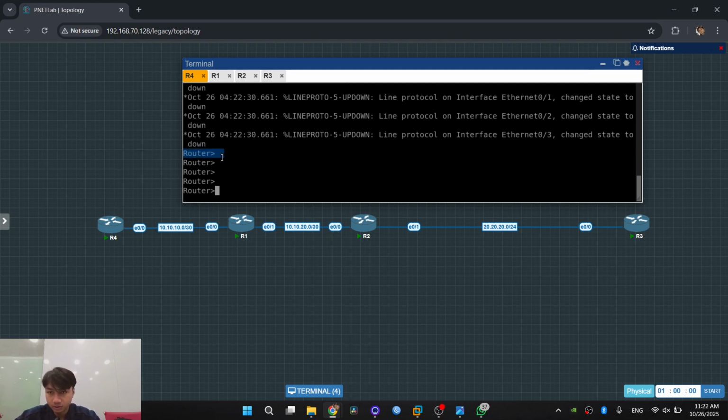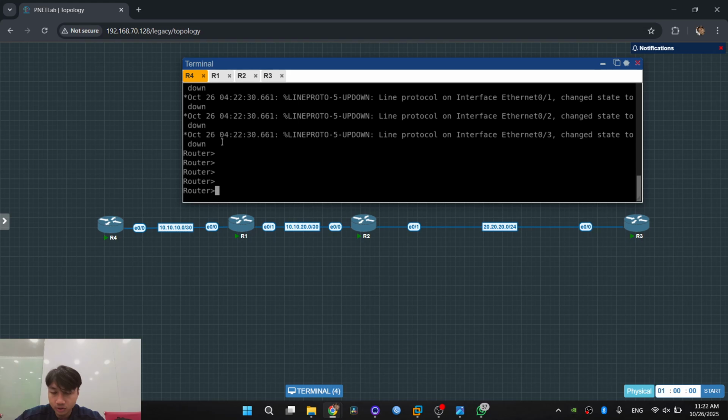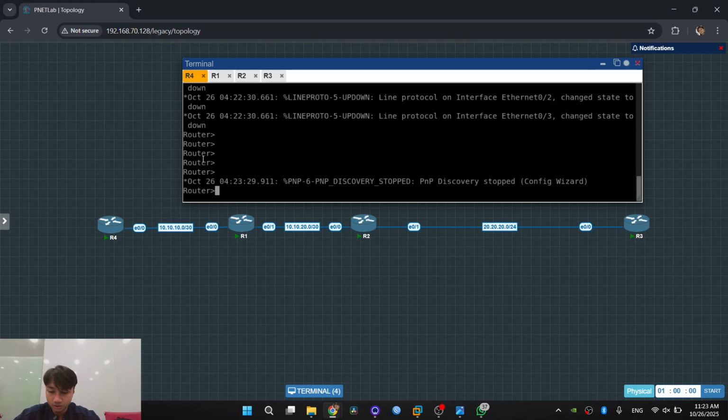First, this is level 1 of the Cisco router. The difference between Cisco and MikroTik: Cisco has three levels for the configuration. First, level 1, level 2, and level 3. For level 1, the commands are limited, and if you want to configure IP address, VLAN, and BGP on the router, we use level 3.